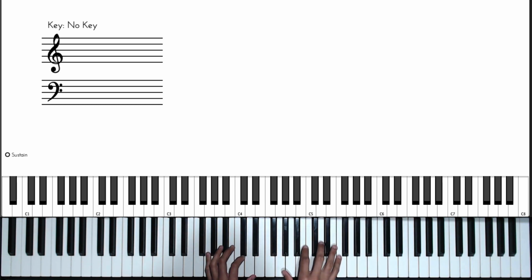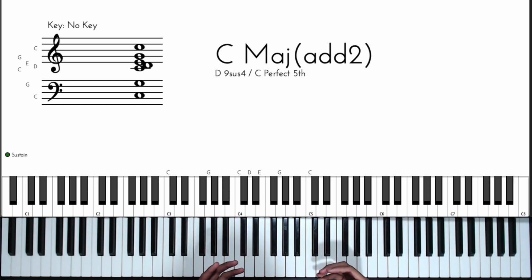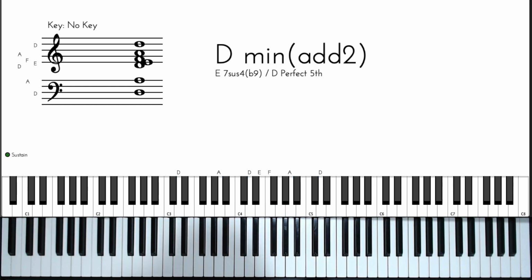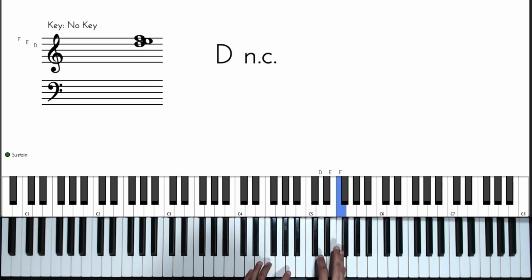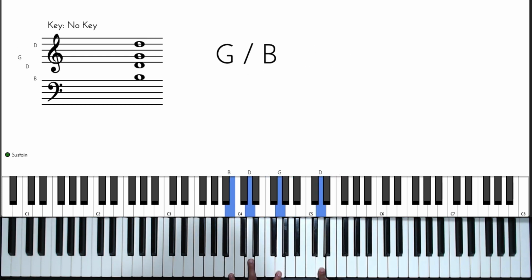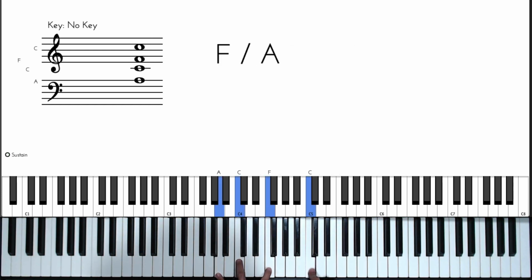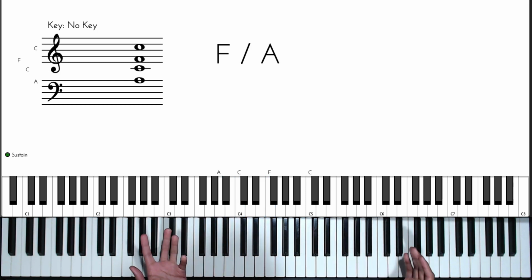So we're starting on the key. We're in the key of C major, right? We're starting on the second of the scale, which is D minor. So it goes like this: D minor, then the fourth of D minor is G, then the fourth of G is C major, then the fourth of that is F, and then we go into the fourth of F, which is sort of out of the C major scale,